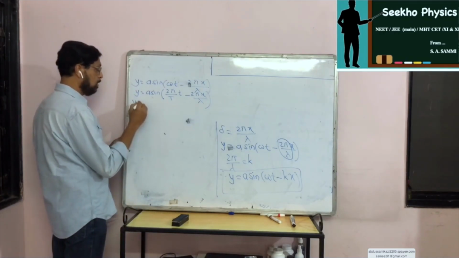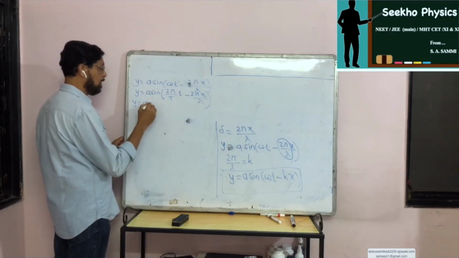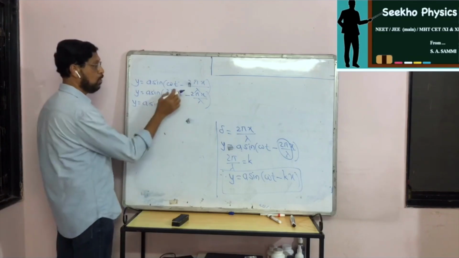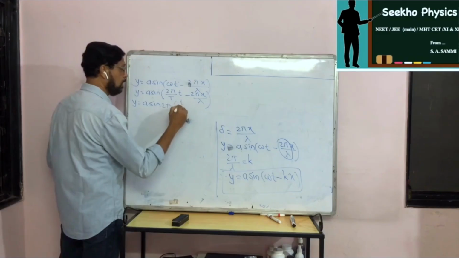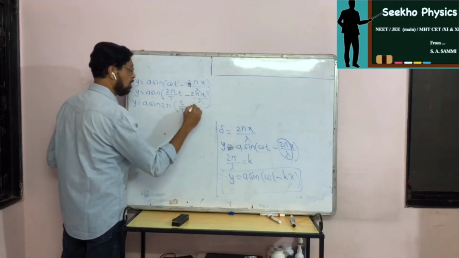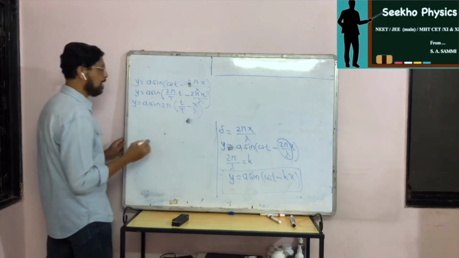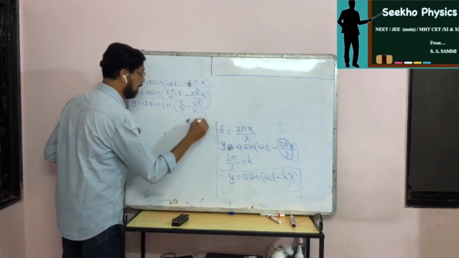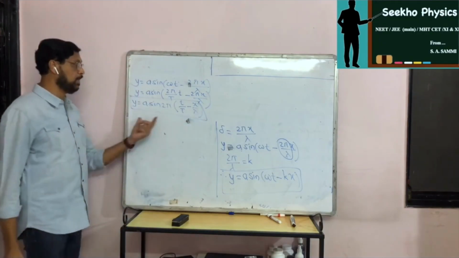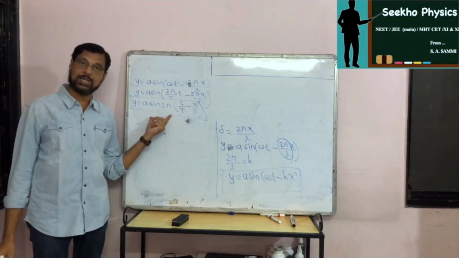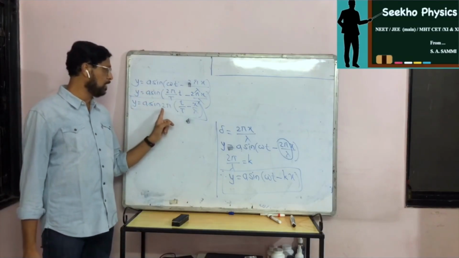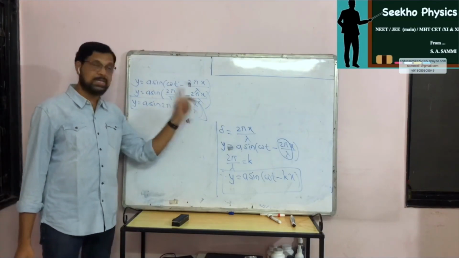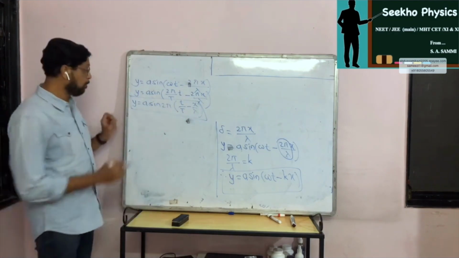This will be y is equal to a sine 2 pi is common here. आतमध्ये काय राहिलं? t by T minus x by lambda. This is the general form of the equation of a simple harmonic progressive wave. 2 pi common घेतला. Y is equal to a sine 2 pi t by T minus x by lambda, whereas